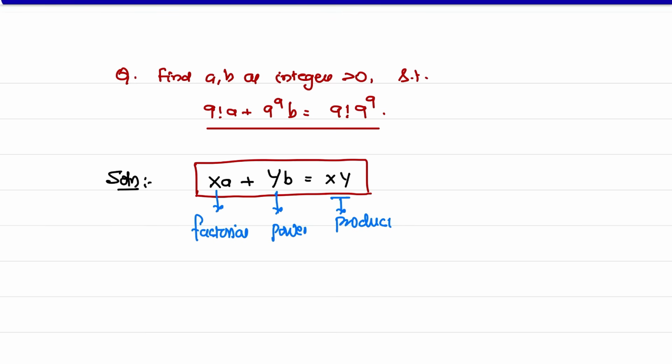Then it has a power of the same number, 9 to the power of 9. It is factorial 9, 9 to the power of 9, and factorial 9 into 9 to the power of 9. This is the meaning of it. When there are 9s on the right hand side and also left hand side,